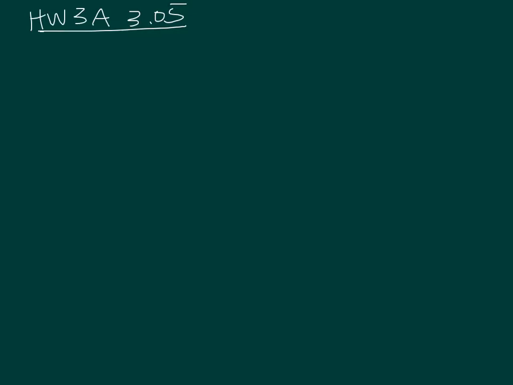This video is to go over lesson 305 for homework 3A. One side of a triangle has length 12. How long is the segment that joins the midpoint of the other two sides? So problem number 5, in other words, we have a triangle